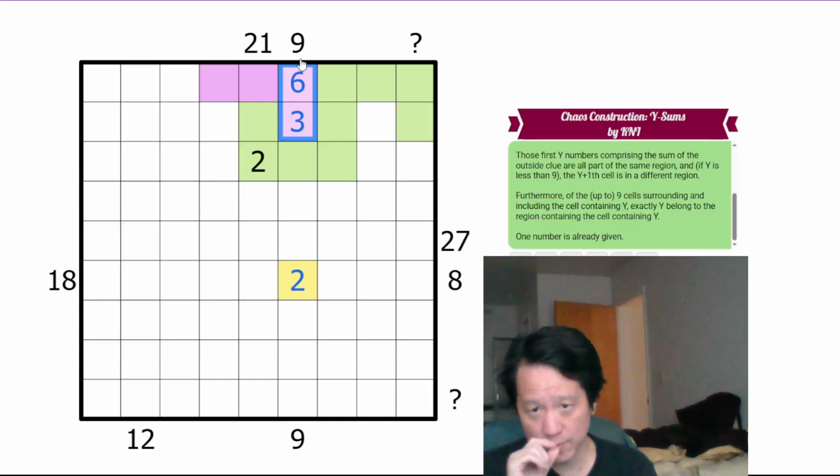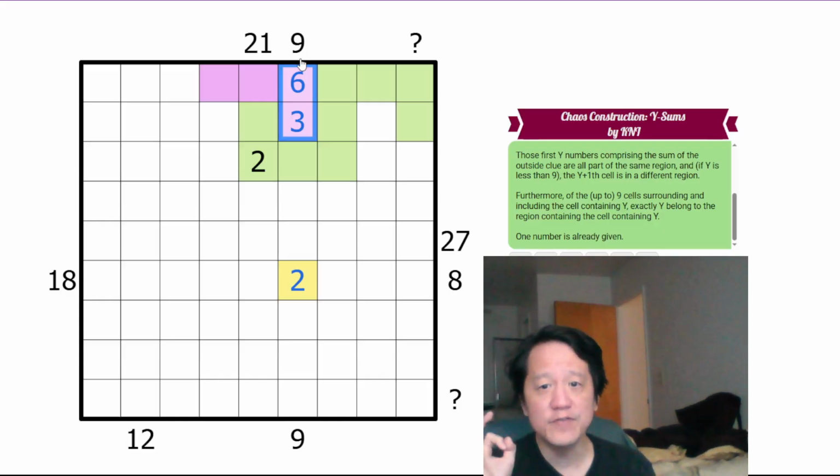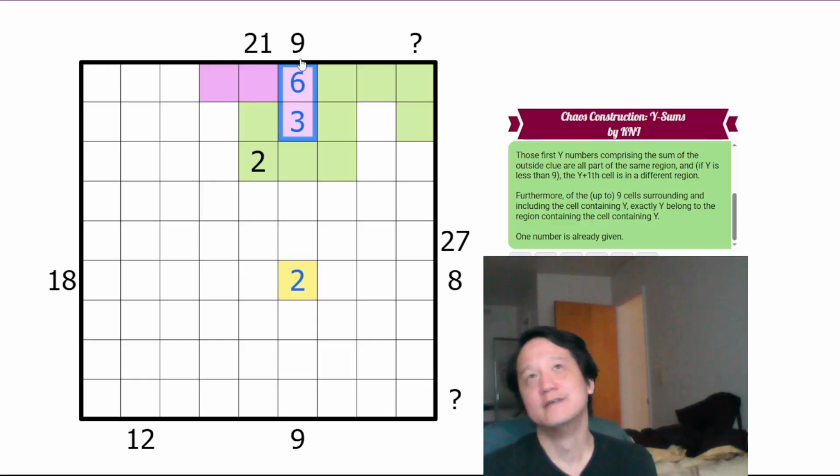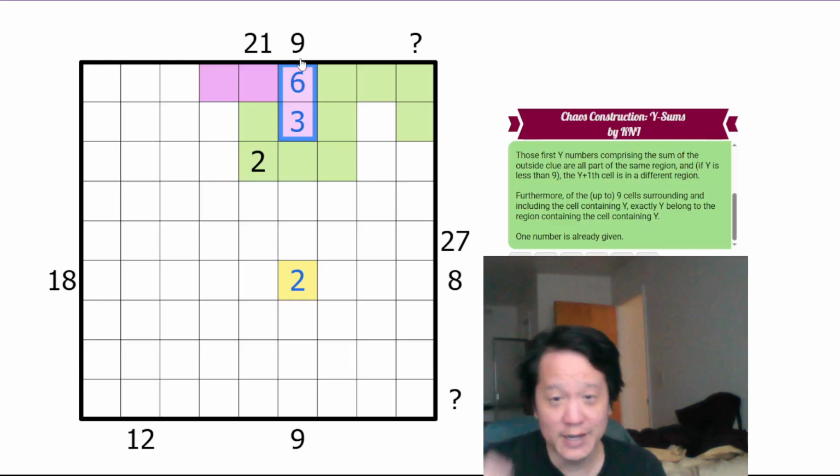Furthermore, of the up to 9 cells surrounding and including the cell containing y, exactly y belong to the region containing the cell containing y. Oh, that's a thought twister. But anyways,